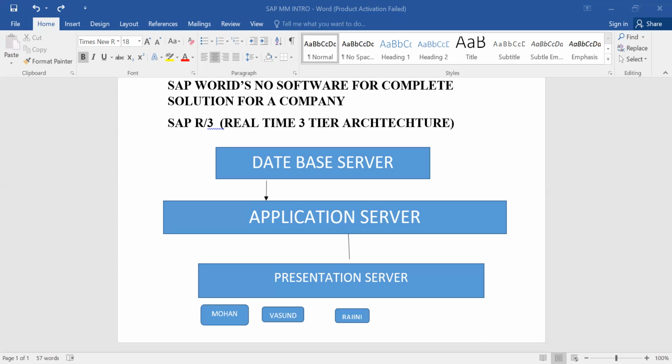SAP MM, material management; SAP FICO, finance and controlling; SAP HR, human resource management; SAP SCM, supply chain management; SAP CRM, customer relation management; SAP QM, quality management; SAP PP, production and planning; SAP PM, plant maintenance. Like these are all functional modules.